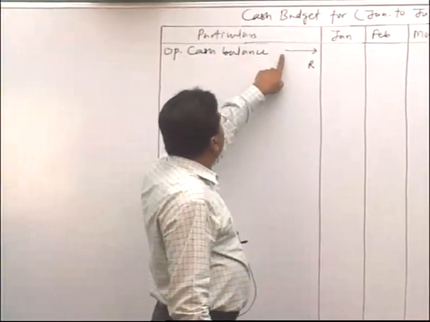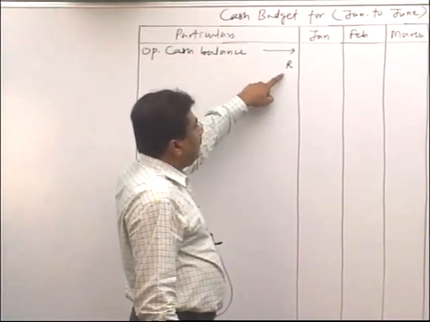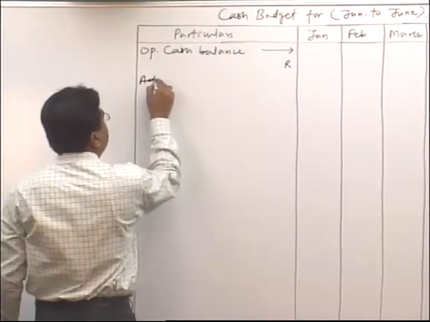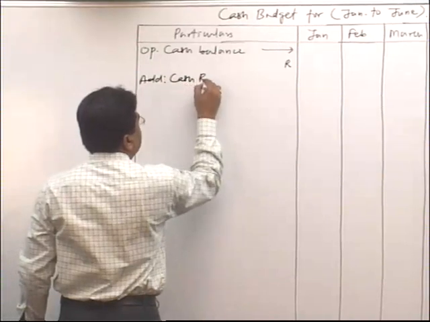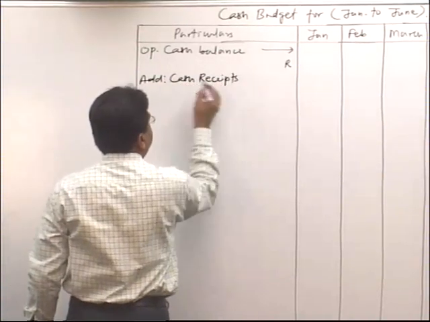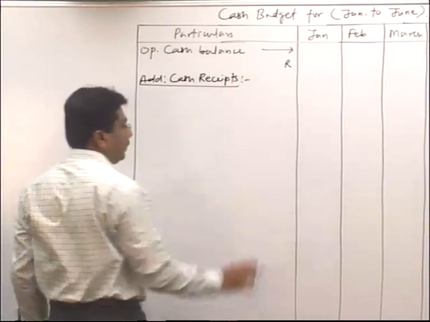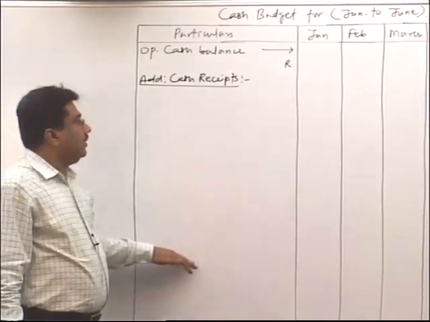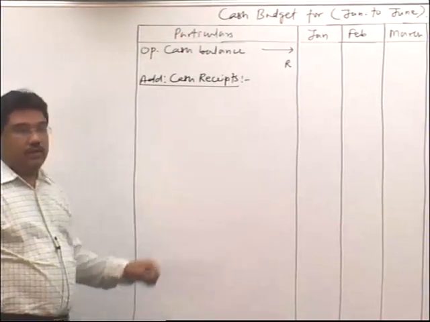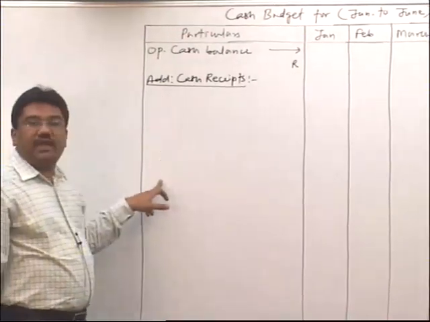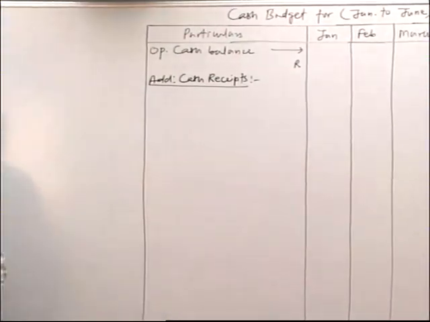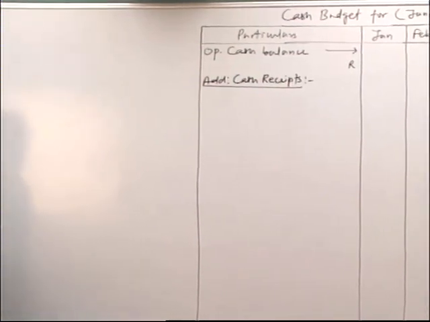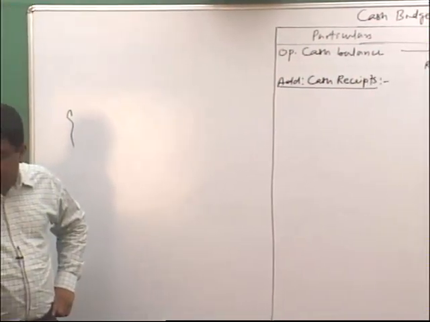One is this row where we'll write fair opening balance and this rough opening balance. Thereafter write down add cash receipts, only up to this. Thereafter please don't write further. Now first of all write down all the sources of cash receipts. In this question please see there is only one source of cash receipts right now, that is collection of credit sales.